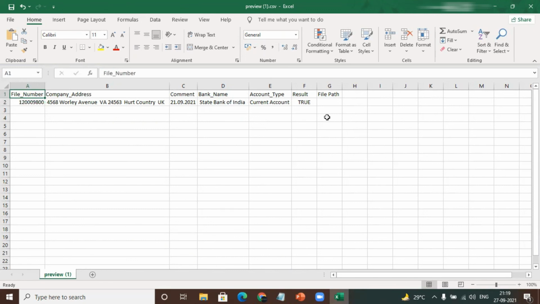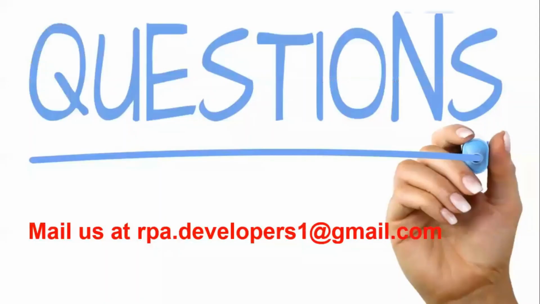But using this custom logic will save some time, and here you have to write a very simple Python code which will help you achieve the data which you are trying to get from the IQ Bot. So that's all from this tutorial session.